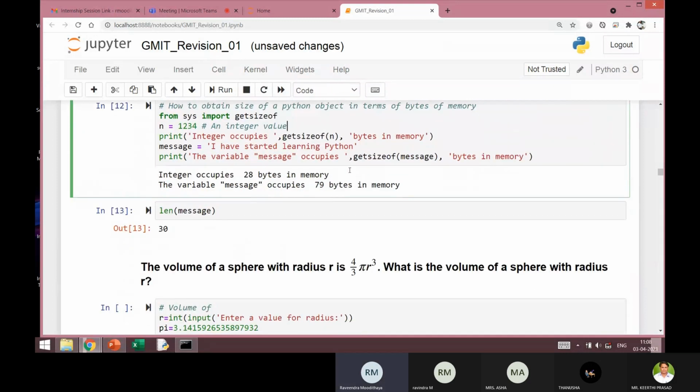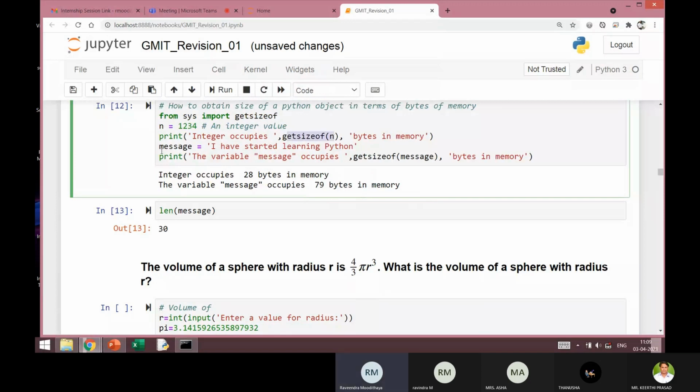Now I have one small set of code here. I'm giving you some tips here. In fact, most of the books don't give you this kind of code: some tricks to get how many bytes are there in any given object. I'll come to this line of the code shortly. I'm defining one integer, n equal to 1234. So this is an integer value, and I am printing its value, and also its size, how much space in the memory it occupies.